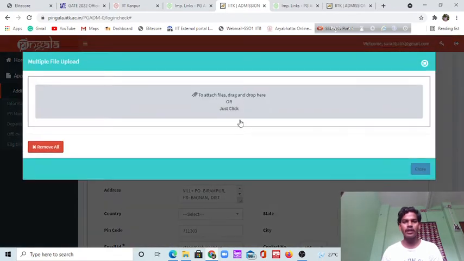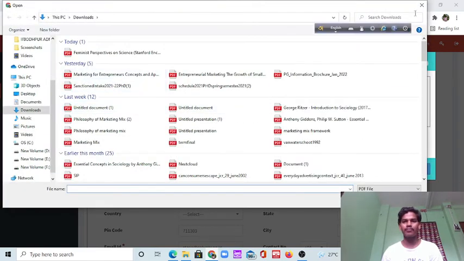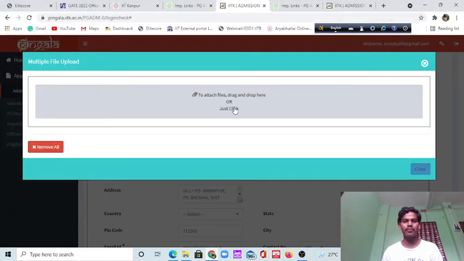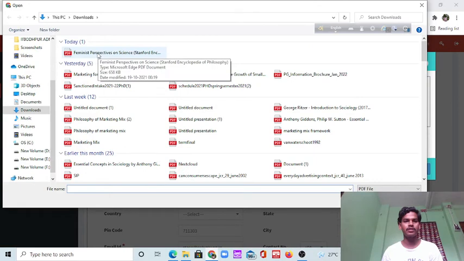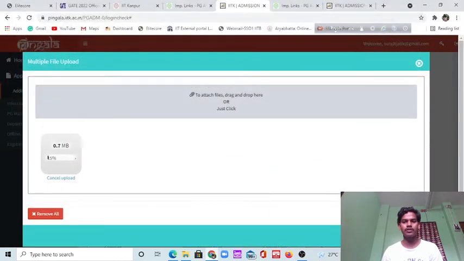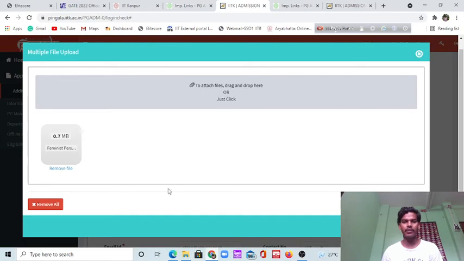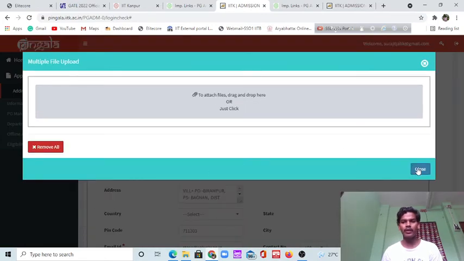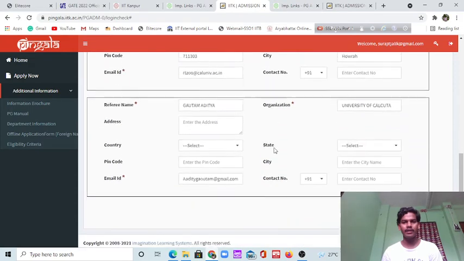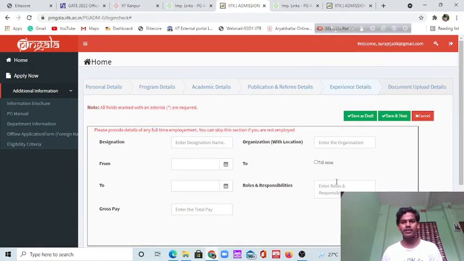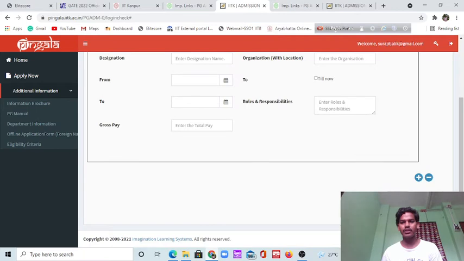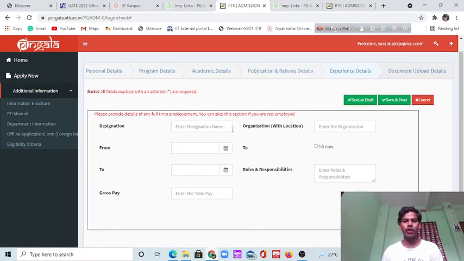Necessary documents: you have to click here, and your drive will be given. It will direct you to your folder, so from that you can pick, suppose you want to drop this. So your data will be complete, your data will be entered. This is another document. Thus you can fill it in. I think all this information is very necessary. And look, suppose you have any job experience.